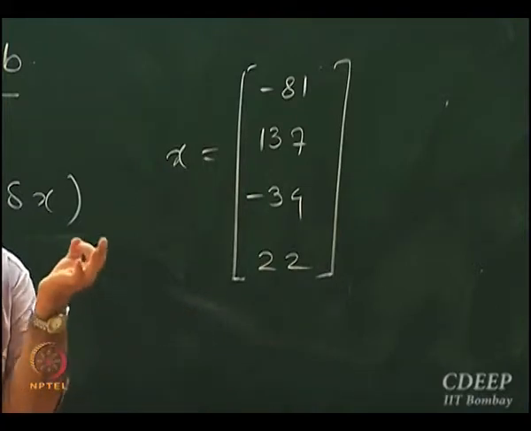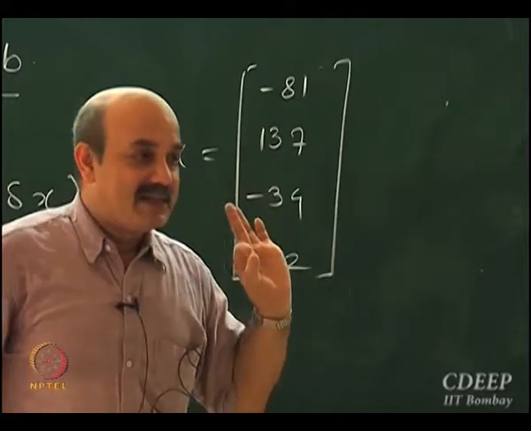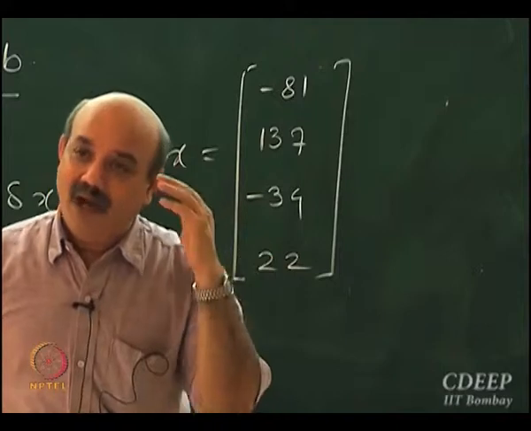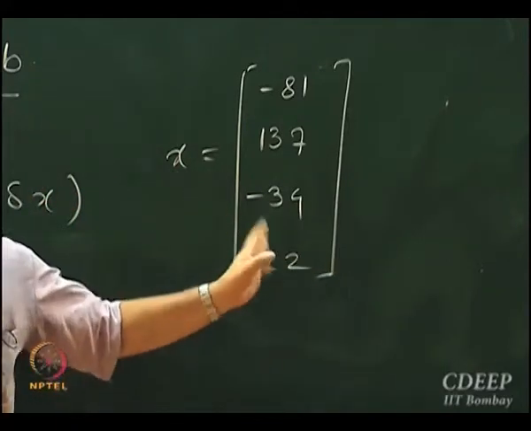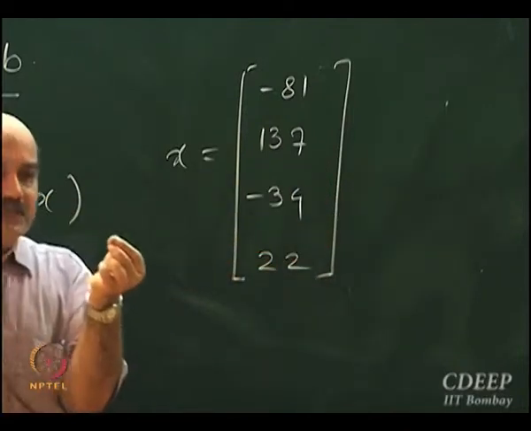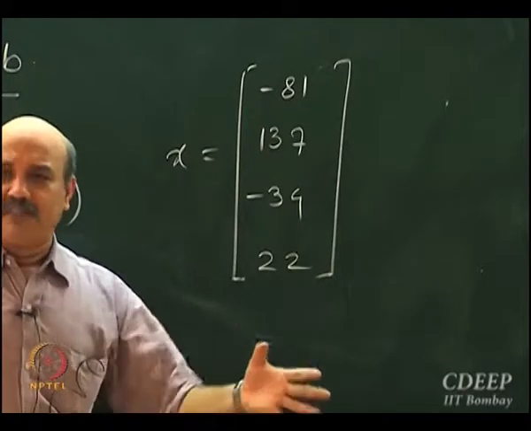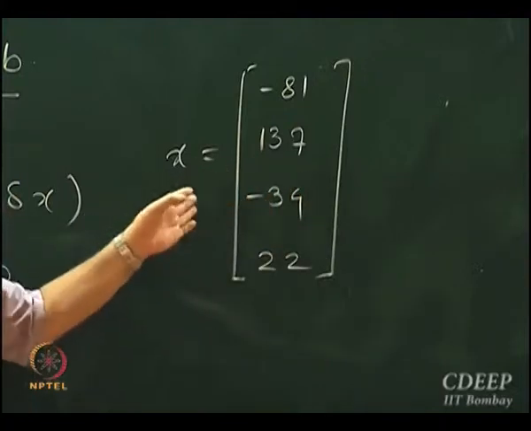Okay, a small error, a tiny error in the A matrix can cause the solution to change so drastically that you can't even recognize it. There is something fundamentally wrong about that matrix. You make a small error in the representation, and your solution can be substantially different. It will not even resemble the original x.